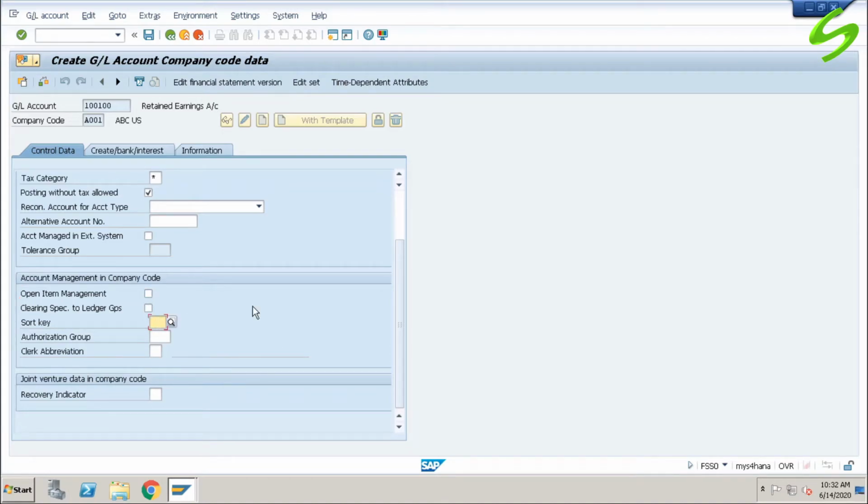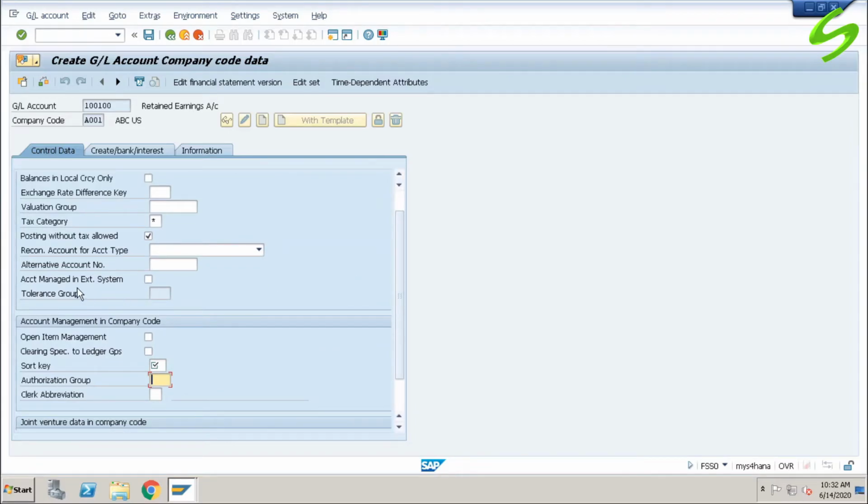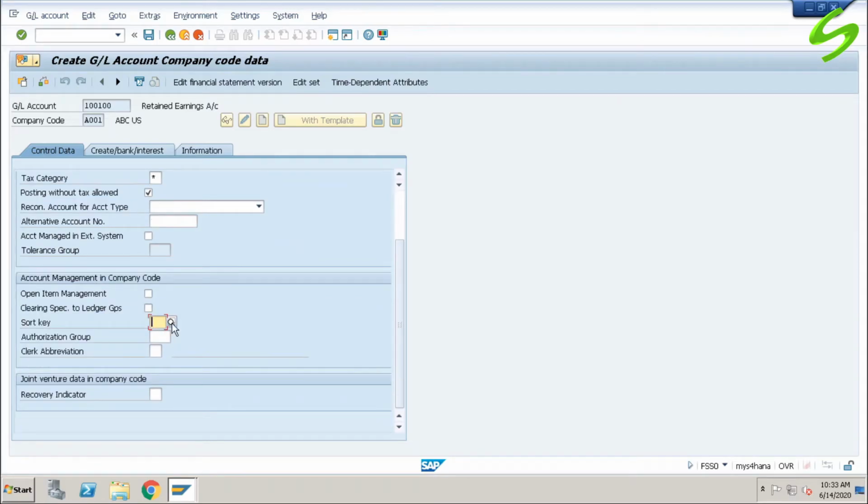The next field is sort key. You can see that sort key is a required field. In the previous lesson, we made the sort key a required field and tolerance group as display. You can see it's in display mode. And we made the authorization group optional. And there was one more field, inflation key, which we suppressed. So here you cannot see the inflation key. Let's enter the sort key